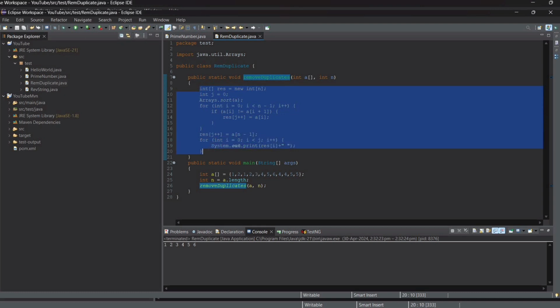So I have taken one res equal to new int array. So here I have taken one array, because I have to compare these both. Okay, so in int i equal to 0, I have taken Arrays.sort for a, so it will sort in ascending order. So for i equal to 0, i less than n minus 1,